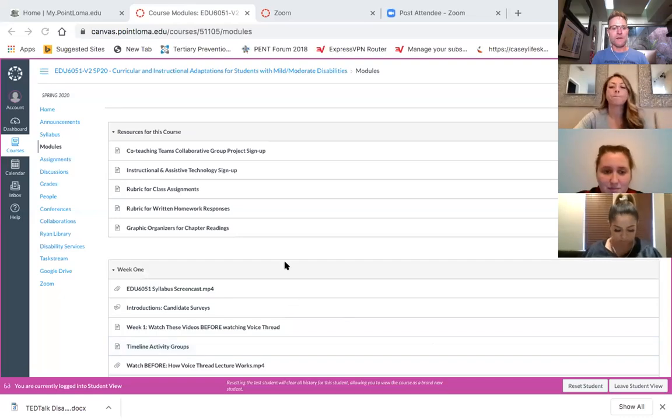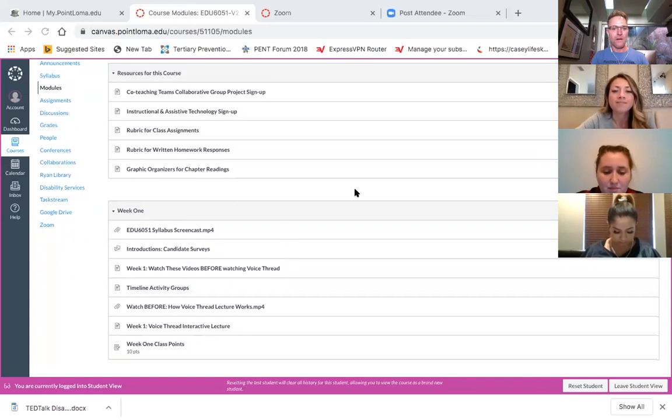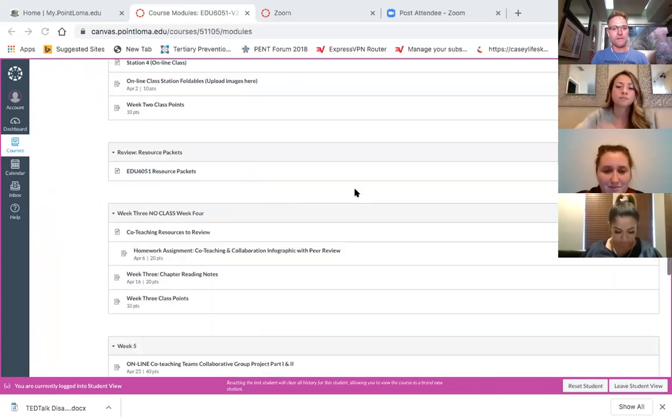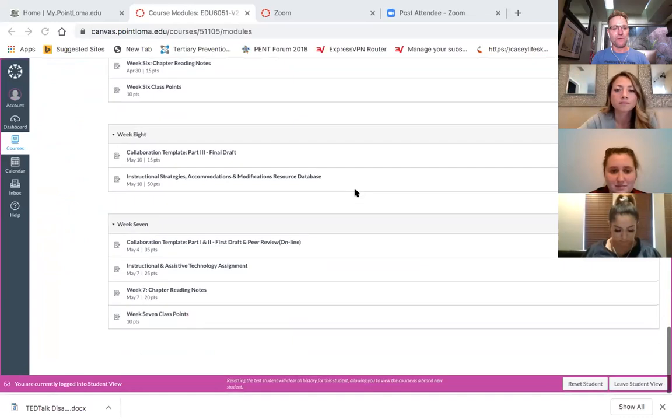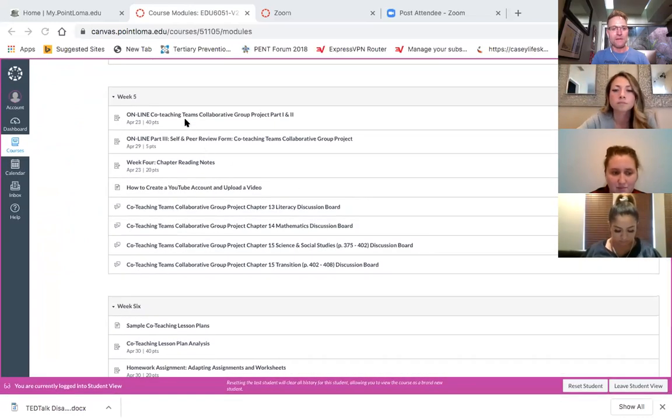So here, you guys see the campus up there? So here is what you guys see. This is student view. So if we go down to week 5,